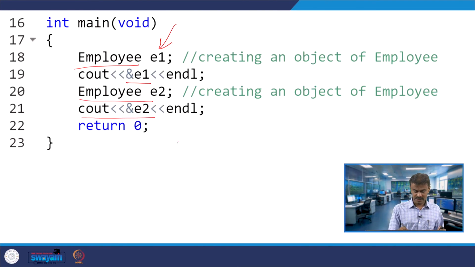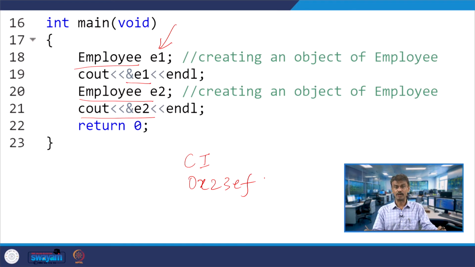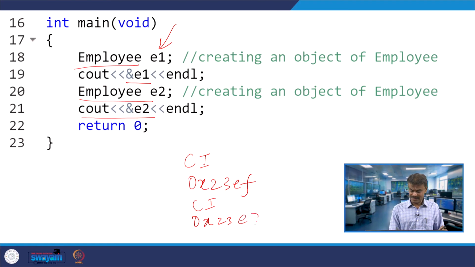I will simply write CI, which stands for constructor invoked, and the address of E1 will print some hexadecimal number. Then for employee E2 the constructor will be invoked, and address of E2 some other address, say 0x23E7, and then return 0.